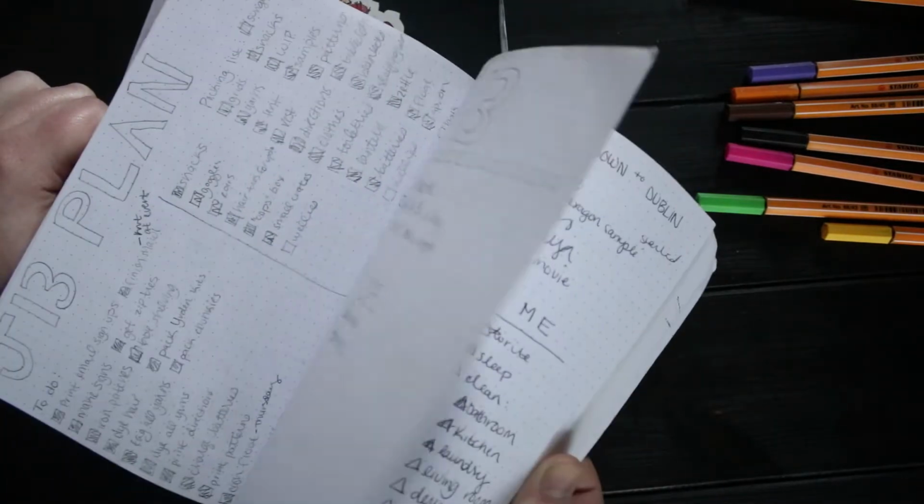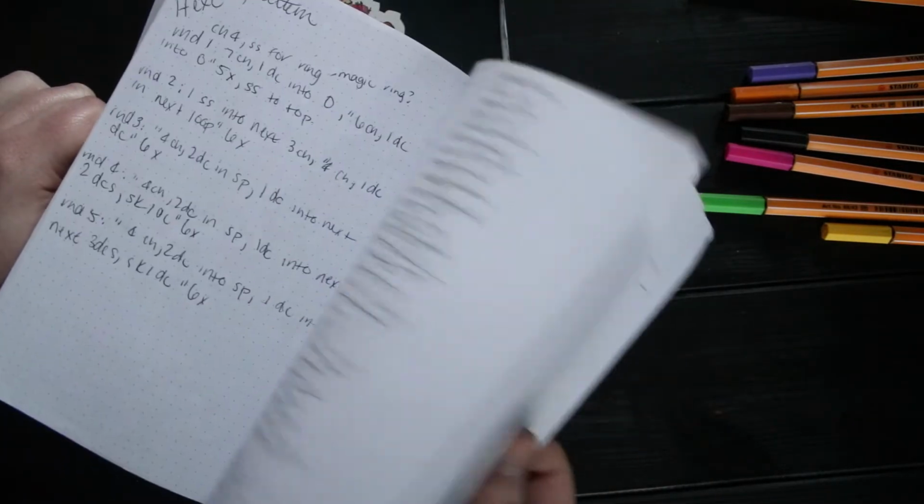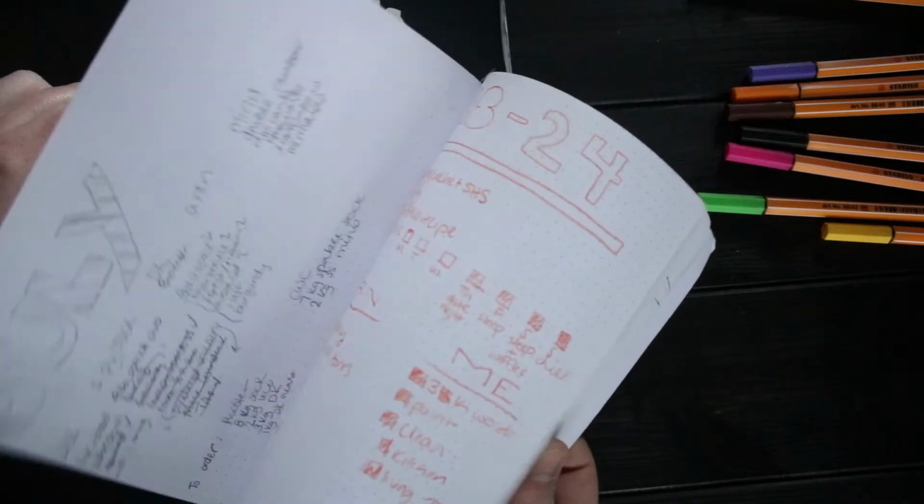And all of this kind of stuff, and planning out, especially I started planning out launches a bit more. But definitely that first page,